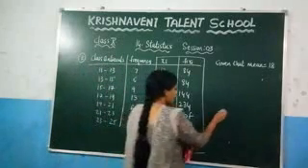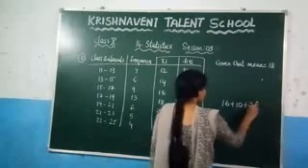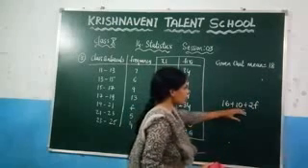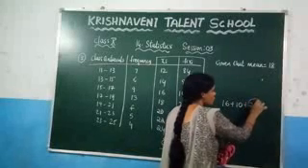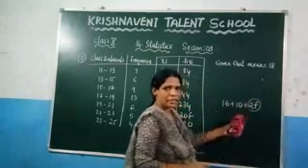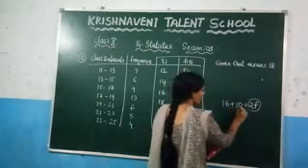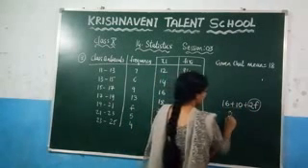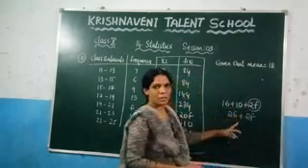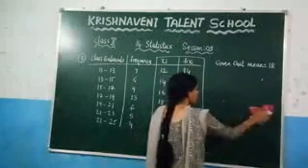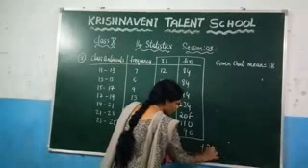Let us suppose you are given a number like 16 plus 10 plus 2f. Can we add 16 plus 10 plus 2? We cannot, because it is a combination of a variable and a number. You cannot add that to the number. So how do you solve it? You just add the numbers. The result is 26 plus, and just write the term with f as it is. Similarly here, write 20f separately.